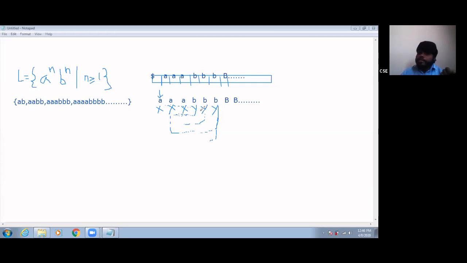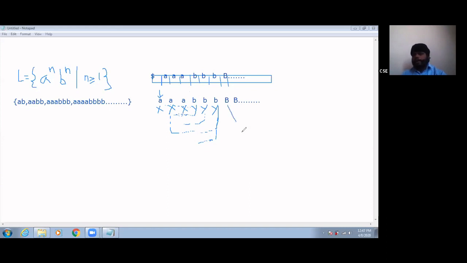While moving left, any number of Y's you have to move left, because until there are no more Y's, I need to check. That's why I'm going back, because as a human I know that these 3 A's are completed, but as a machine it has to check that. So it will go left over any number of Y's until X comes. From this X, you go right hand side again, and any number of Y's you go right hand side.